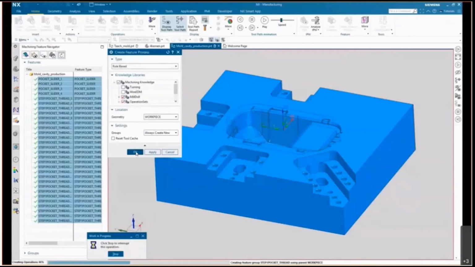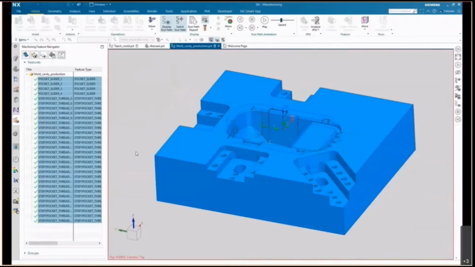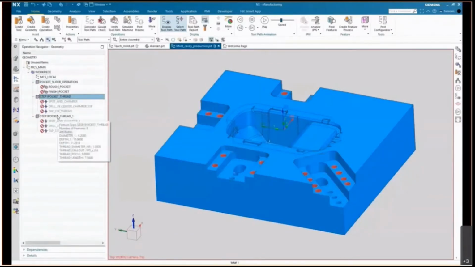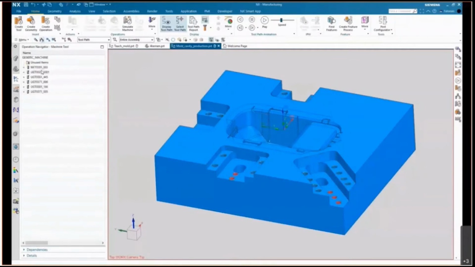then that's basically the 3 steps you have to do. Find features, create your feature process, or create your geometry groups with the operations, and the last step will be just generate them.